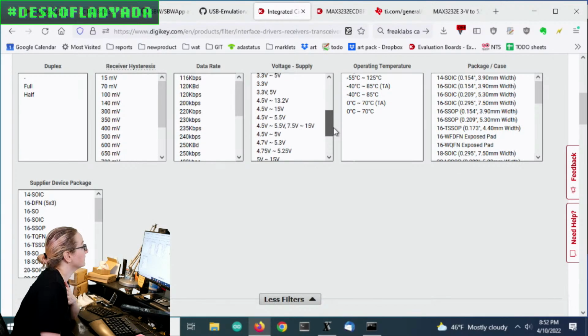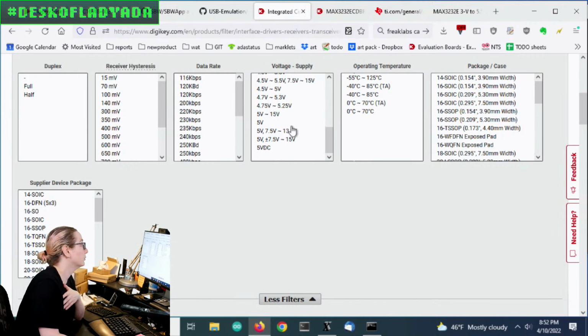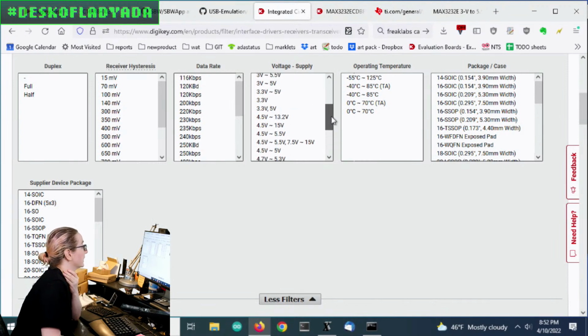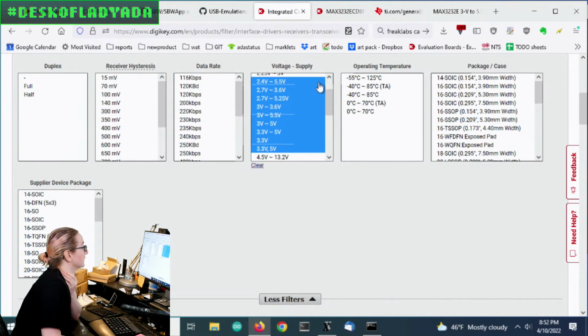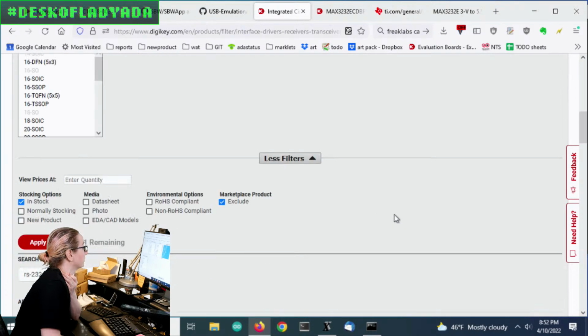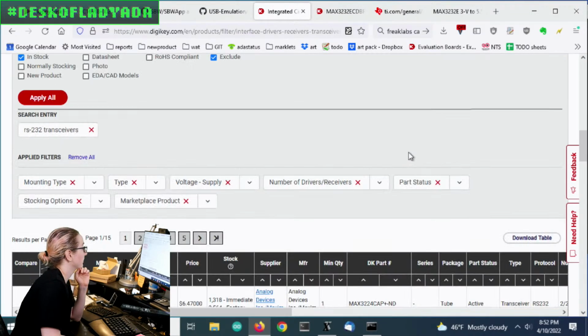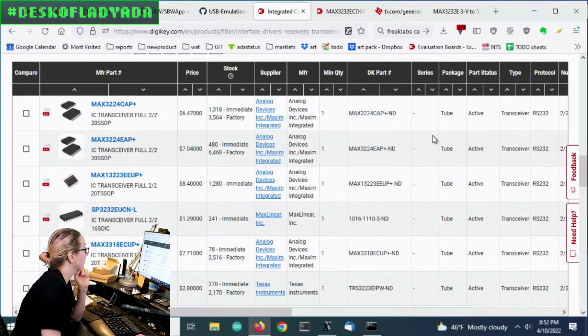And next up is the voltage supply. Again, there are some here you see that require you to provide it with that plus or minus 7 volts or whatever, 5 volts. I don't want to do that. I want to run this off of 3 volt logic. So I'm going to select only this and below. So only these, because they will have support for 3 volt power supply and logic, like on the Featherwings. Okay, so